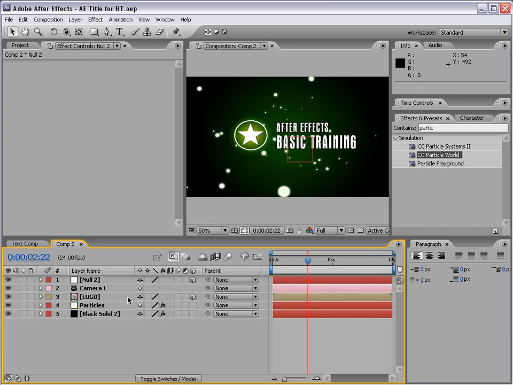It's kind of nice. But now that our null object is 3D, what I'm going to do is take the camera, take the parent whip, and parent our null object. Okay, what have I done? I've basically taken this camera, and instead of having to animate the anchor point, like where the camera is looking and the camera, and trying to make this all